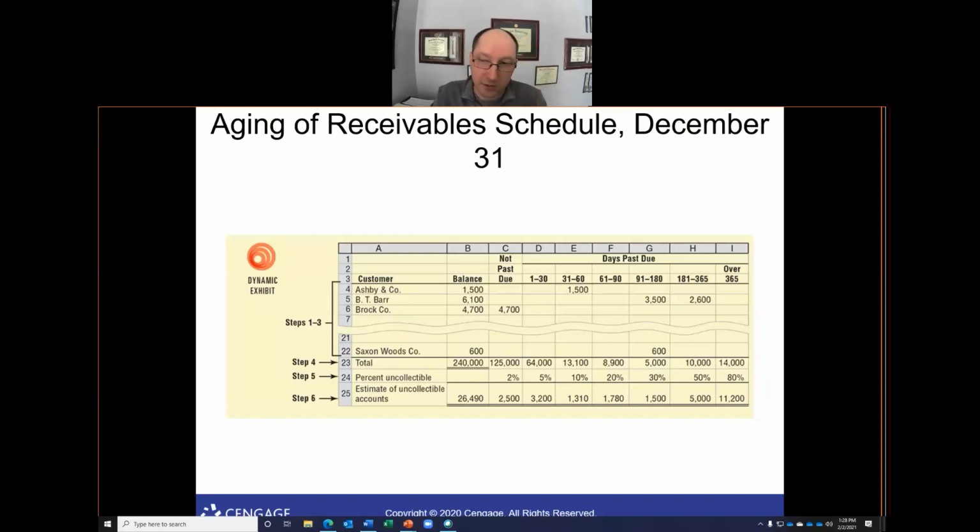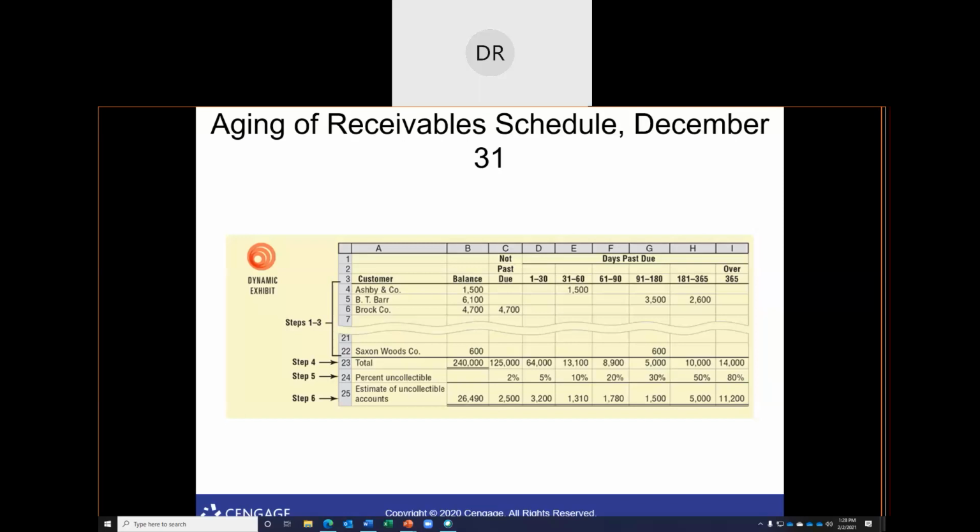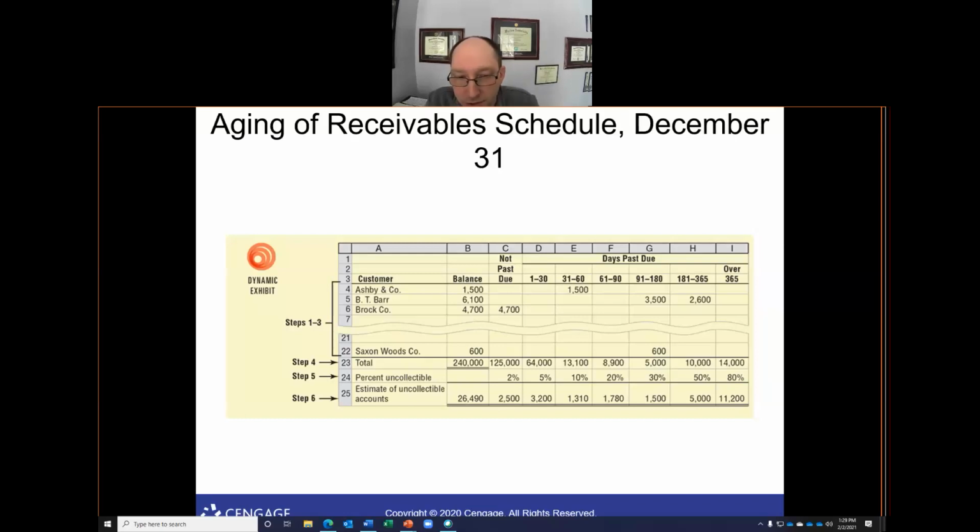You know, it's really helpful, especially if you have customers that have owed you money for a while. Hey, Professor. Yeah, go ahead. So basically it shows you that as time goes on, the percentage of uncollectible accounts goes up, like the money decreases as time goes on. You got it. So the idea is that the older the account gets, the less likely it is you're going to be able to get the money from the customer.